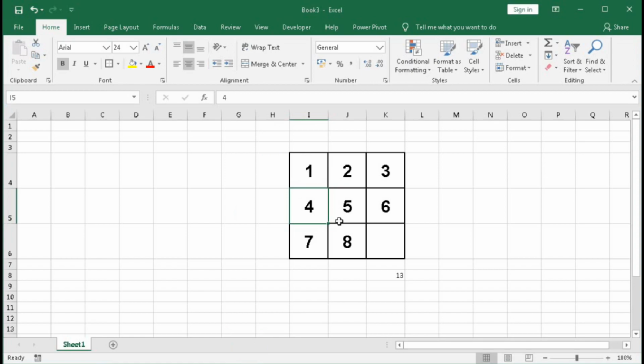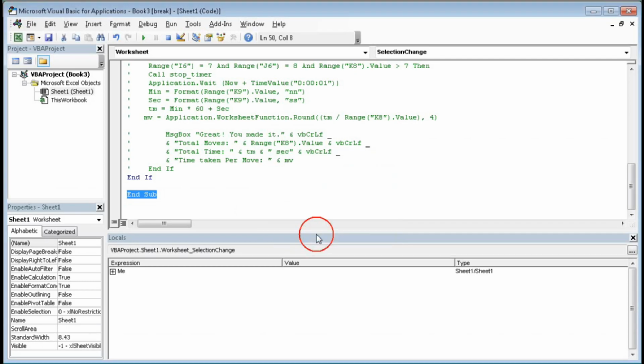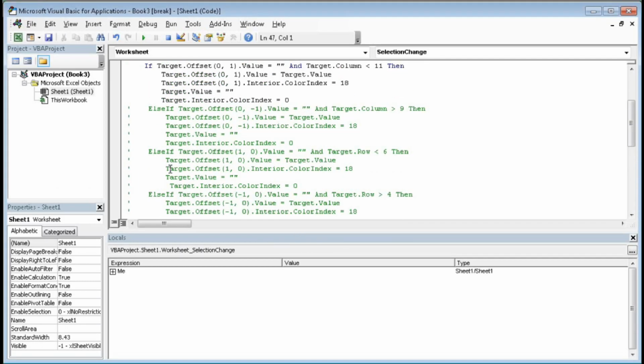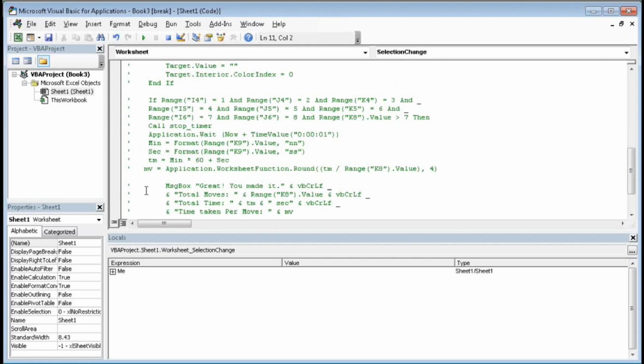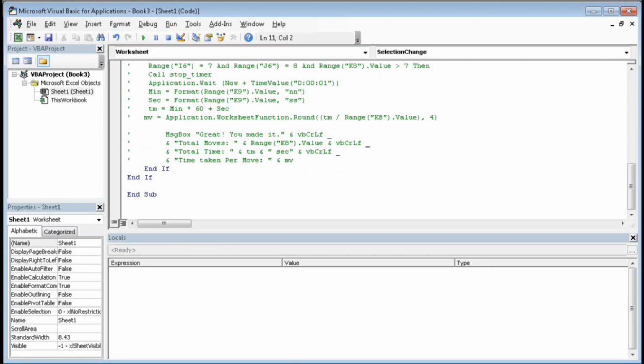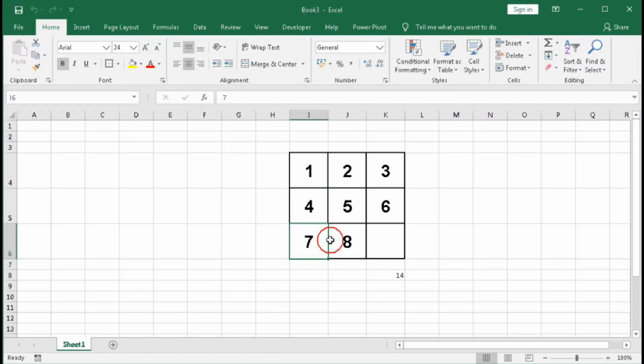So to check it, let's click here. So here I have to remove this code also because I have moved the comment from here. So I have to also close the if. Okay, now click here. You can see it moves to here. Now it's not moving down, it's moving this side. This is also moving this side. That means we have made the code for moving to the right, not to the left.